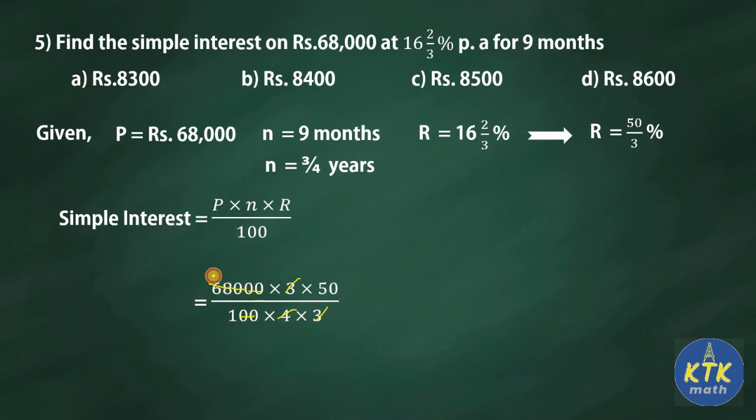So how many times? 4 fours are 4, here it remains 2, so 70. So 170 will be there. Okay, so 170 into 50, your answer will be, that is 17 fives are 85, 2 zeros will come there. So 8500. So the answer for your fifth question is 8500.